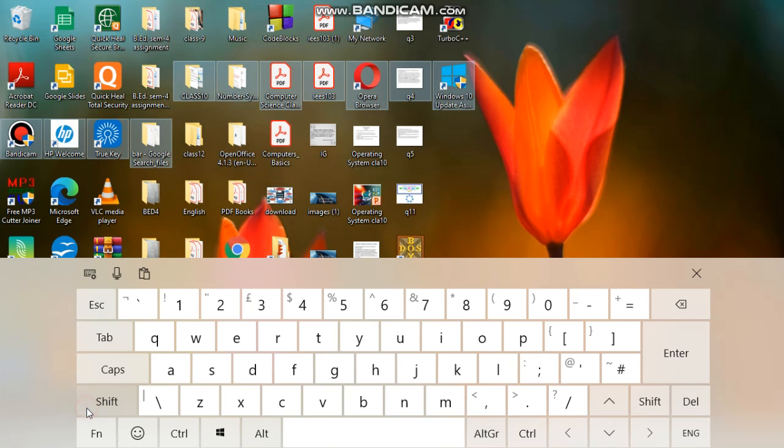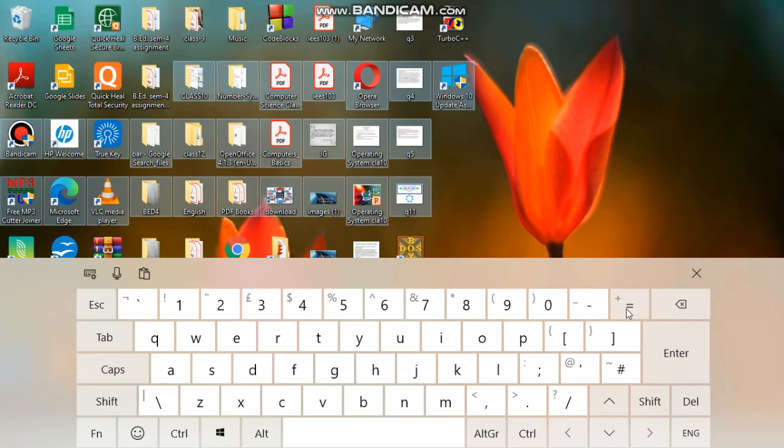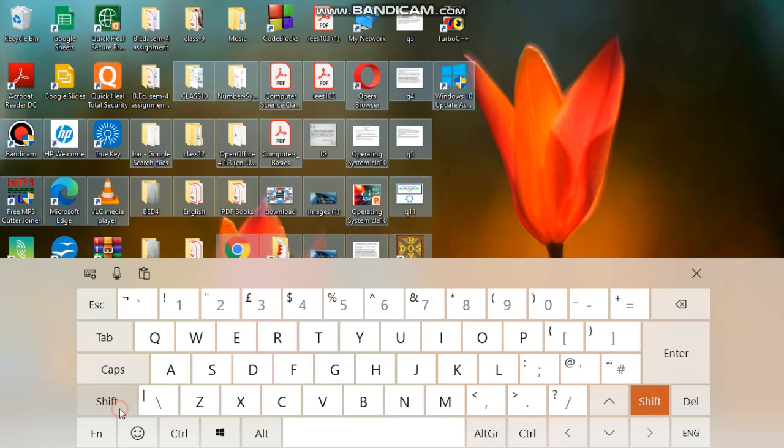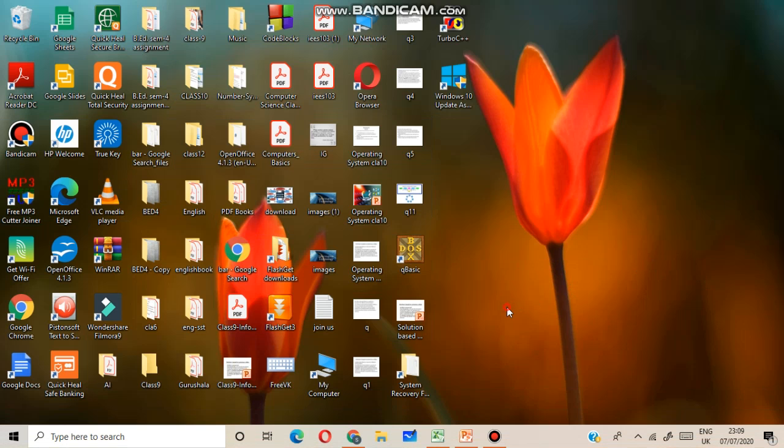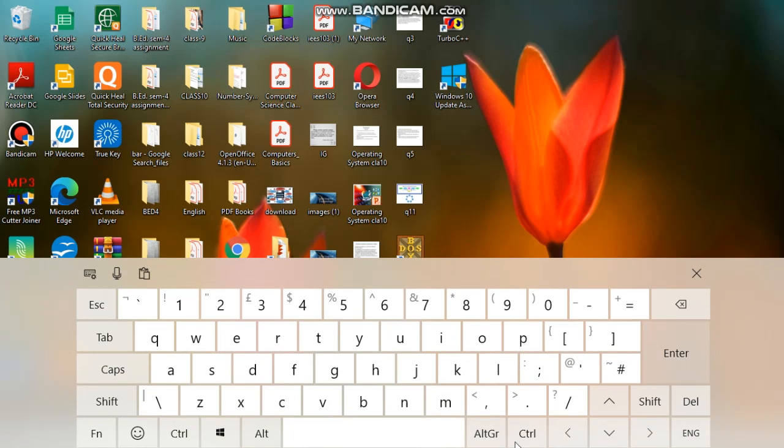Again deselect the shift key. Now again you can see, suppose I have selected the control key.